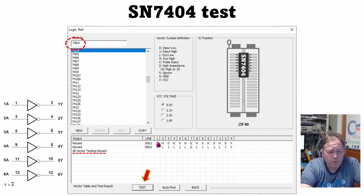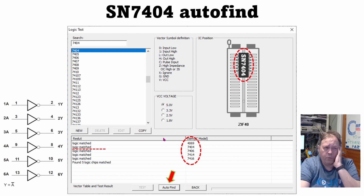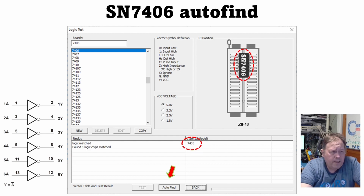It actually has a high when you put a 0 on the input. But if you do an auto find on the 7404, you find a lot of hits, and two that are surprising to us. The 4069 is actually a CMOS chip, and it has the same pinout as the 7404, so that's understandable, because, as I said, this just tests the high and low levels in logic, 5 volts or 0. But you also have here the 7406 and the 7416, and as we remember, these were open collector outputs, as well as the 7405. And if I test with a 7406 inside, that is an open collector, you find that it matches with a